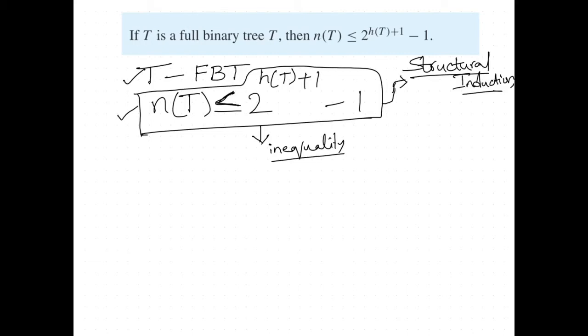This particular inequality between n of t and h of t is a property of a full binary tree. This is an inequality, but this inequality is a property of a binary tree.